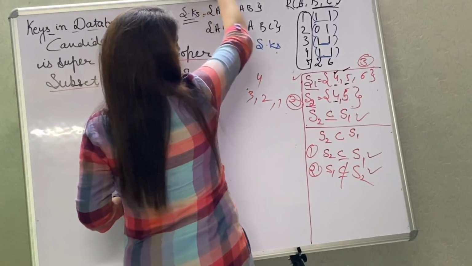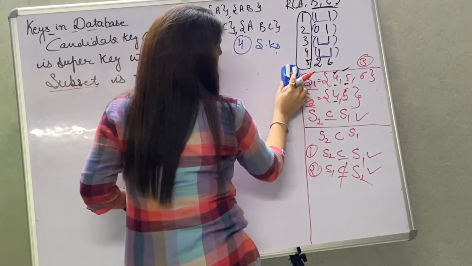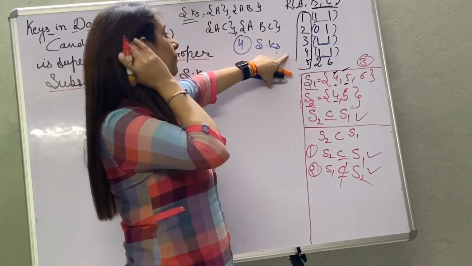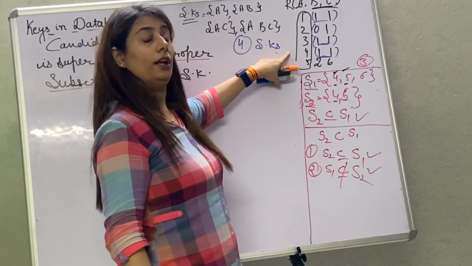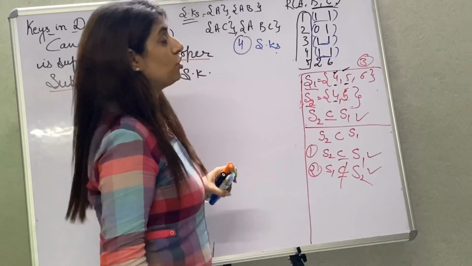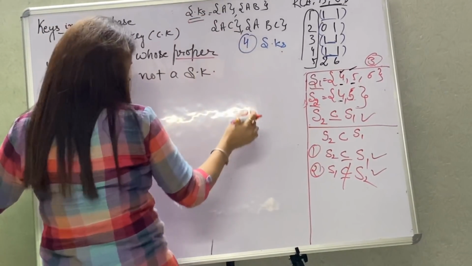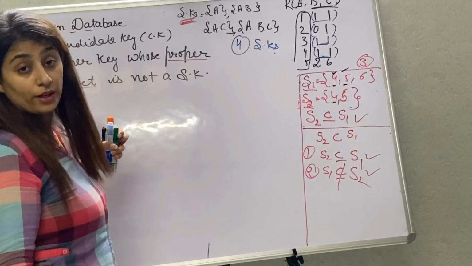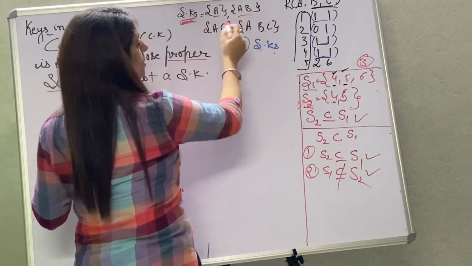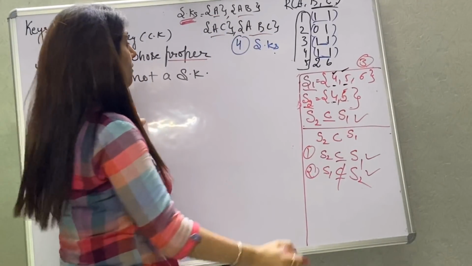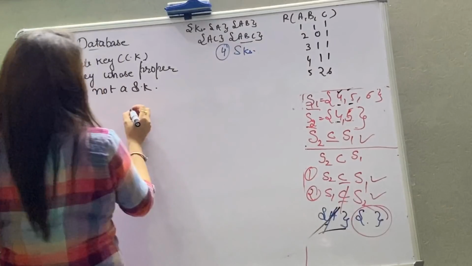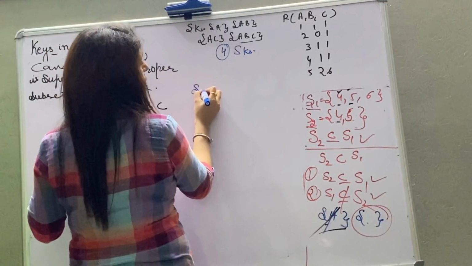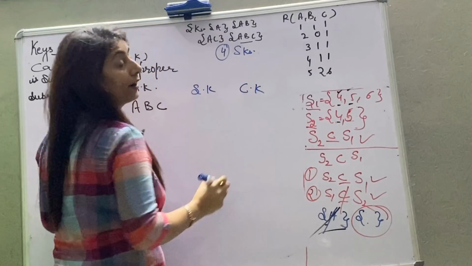So let's see the candidate key now. Just suppose this is my relation. Let's talk about this relation only. This relation is saying that I have this many super keys. A is a super key, AB super key, AC super key, ABC super key. If I take this relation, we have to go for super keys and candidate keys here.